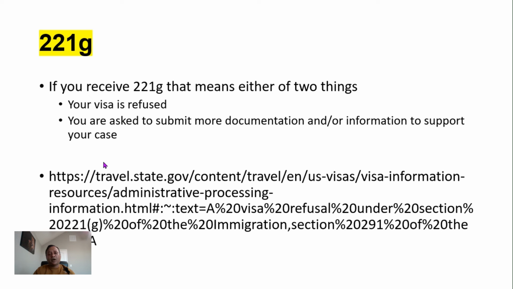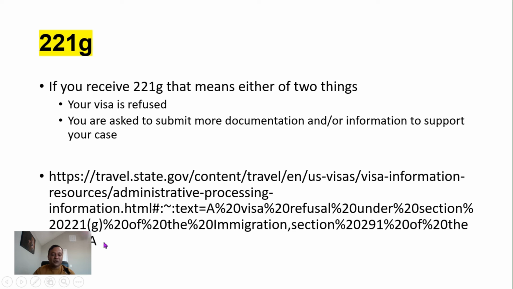But if they keep your passport and they give you 221G, make sure you go through that document and provide them any additional information they are looking for. Usually that is mentioned on the 221G form. So make sure you are very carefully reading it and providing them the information they asked. Go to this site. I will provide this website link in the description section,